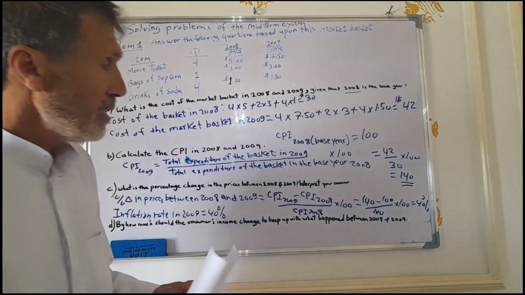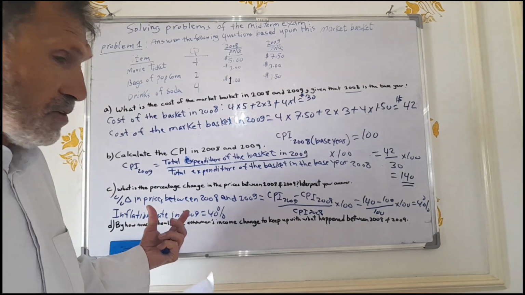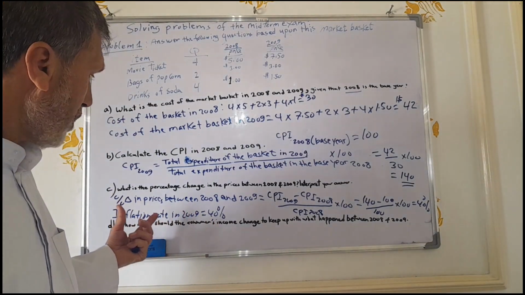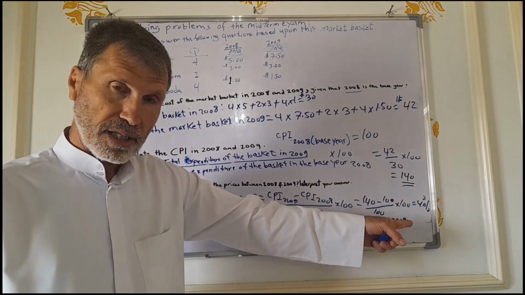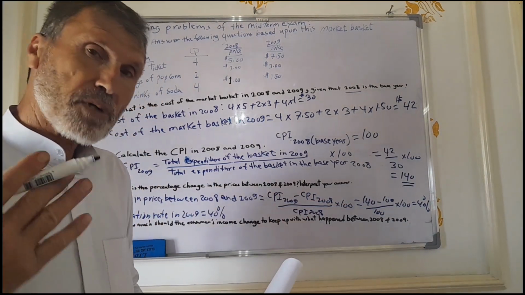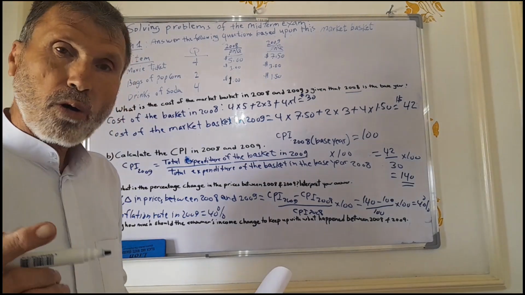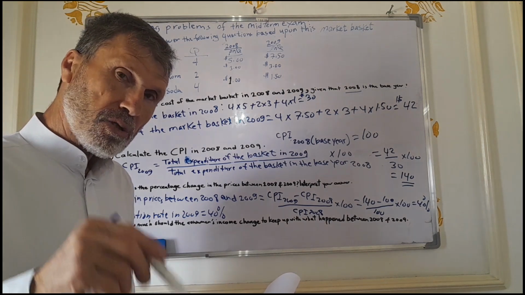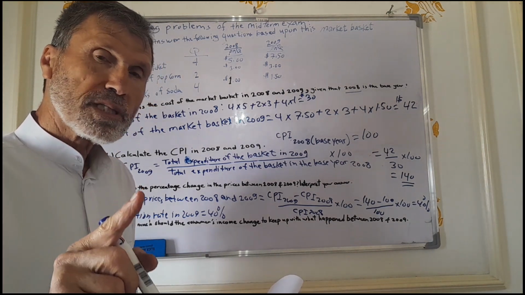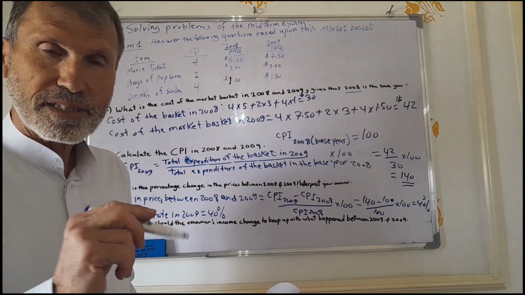We can say that prices have changed from 2008 to 2009, and the amount of change is 40%. Therefore, you can interpret this by saying that what cost $1 in 2008 now, in 2009, costs